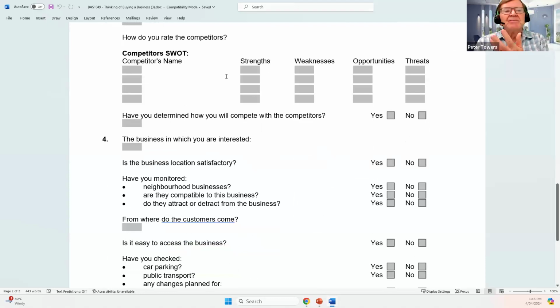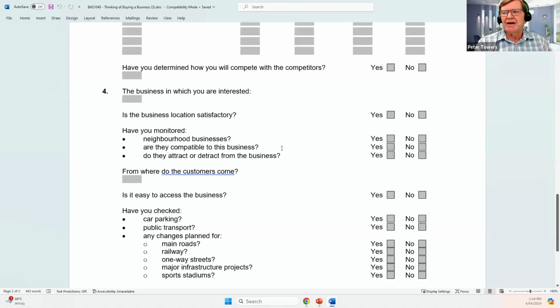I think they need to be encouraged to look at their competitors. I've come across people that have gone into business and had problems, and I've asked them about their competitors. Oh, we haven't really looked at them. Well, I think that's one of the first things you should be encouraging your client to do. Go and have a look at the competitors. What are they doing well? What are they not doing so well? What was your experience as a customer in their business? You've got to get your client to understand that they've got to beat the standard of service being offered by competitors.